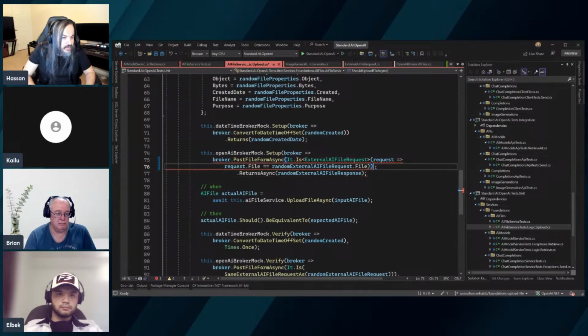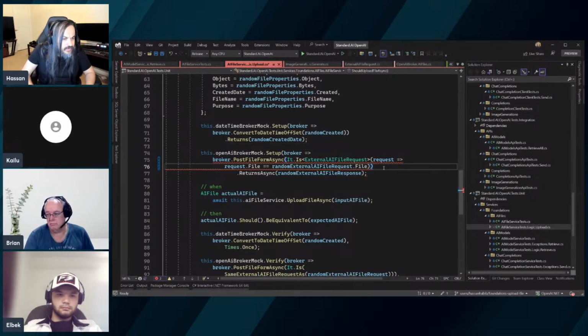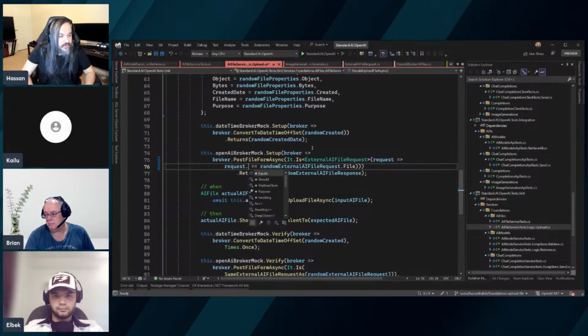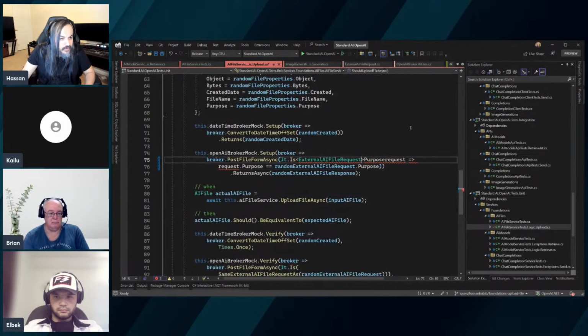Is there more to it? There's that. Let's see here. Does not contain definition of returns async. Yes, it does. Come on. There you go. That's technically what we're doing underneath. We're going and saying, hey, for each property of those, if I just go here and say, give me the purpose, just the purpose, don't worry about the stream, and put that exact same logic into, let's see, requests. When in doubt, just keep adding more things until it gives you